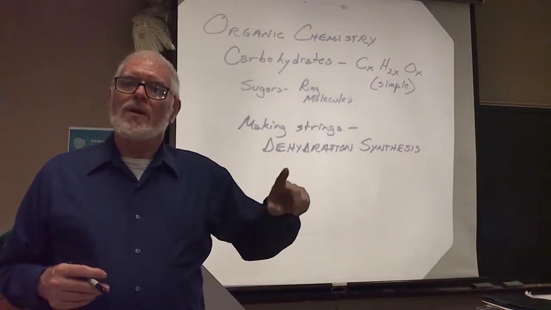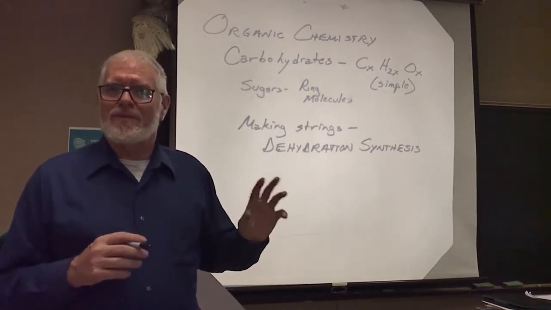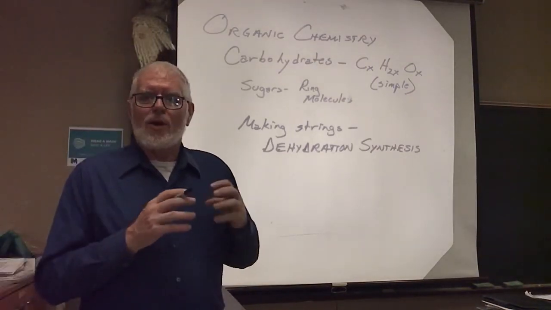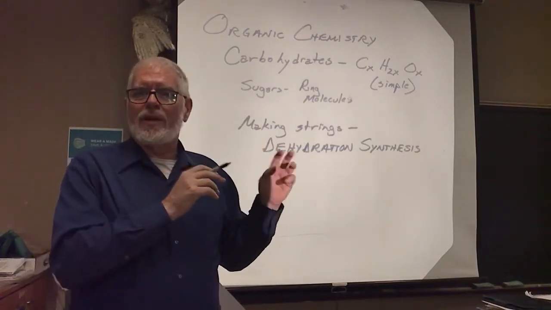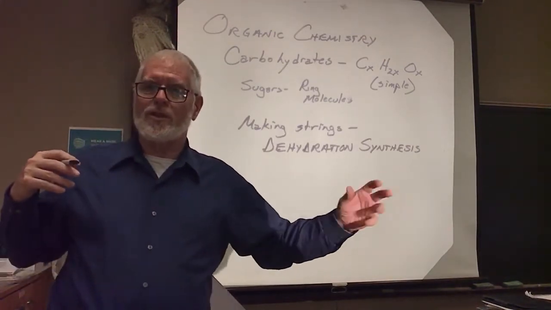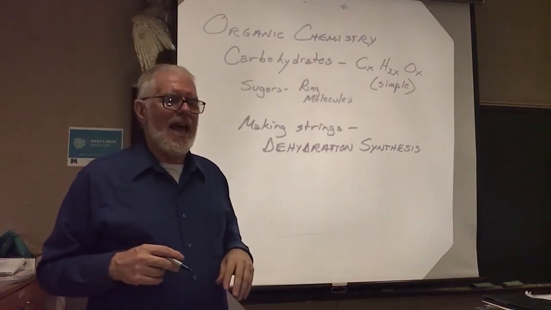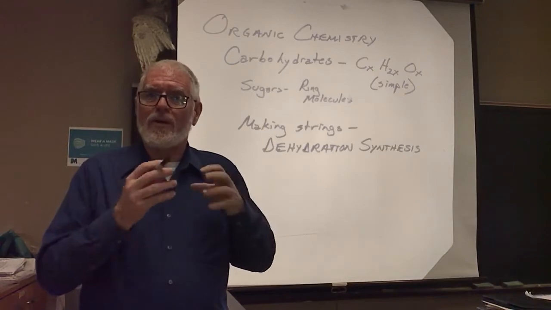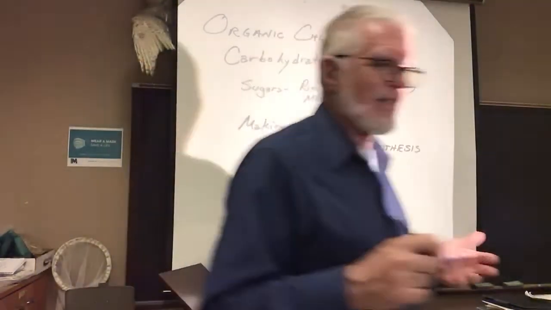So here's two somewhat dicey English words, but they're English words, which for terms is really good. It makes it easier to remember. So if you're putting amino acids together to make proteins, or you're putting sugars together to make slightly bigger sugars or starches, which are really long strings of sugars, that process is dehydration synthesis. And now you can do the opposite. You can break sugars apart. You can break proteins down. The opposite is called